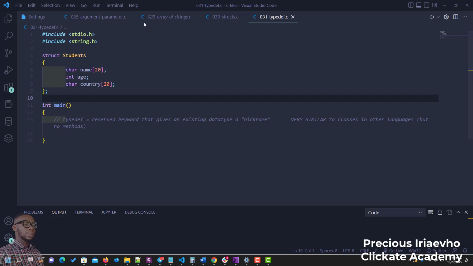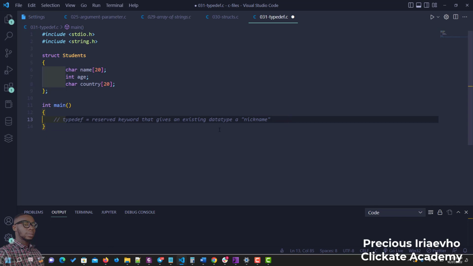So guys, we want to talk about typedef, or type definition. This is a reserved keyword in C programming that gives an existing data type a nickname. Most times when we want to create our array of characters, we could do something like name[50] is equal to, let's say, precious. But with typedef, instead of typing out all this,